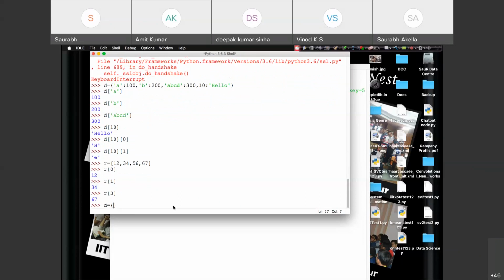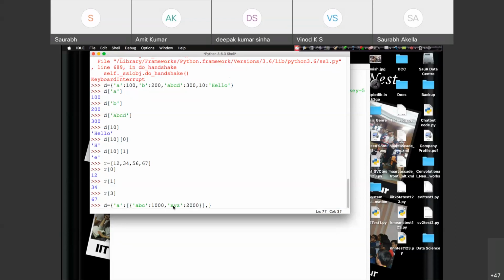A is my key, and I have a value that is in square brackets. Inside it, again I'm writing curly braces, and I'm writing here ABC as 1000, and I have another value, XYZ, that is 2000.